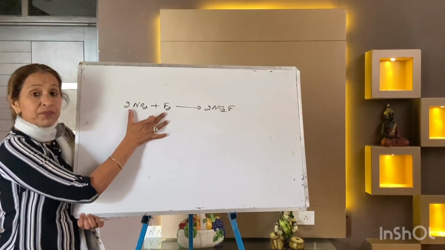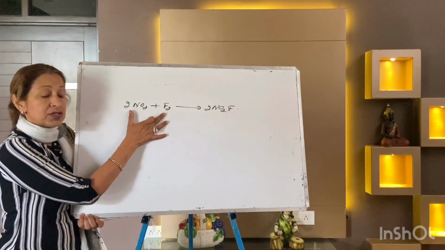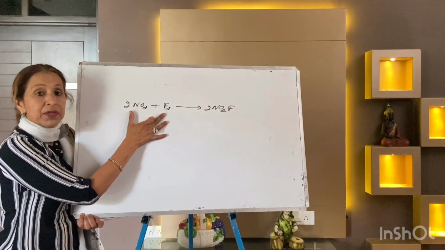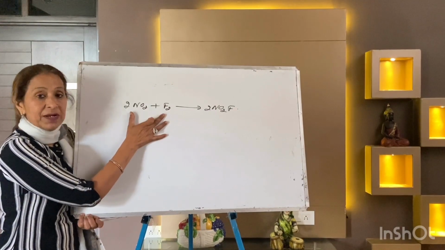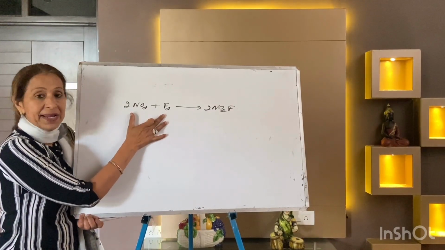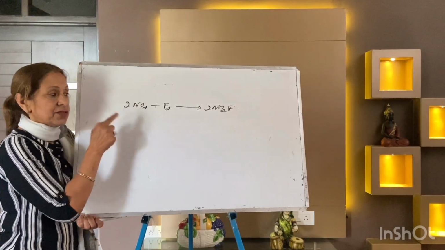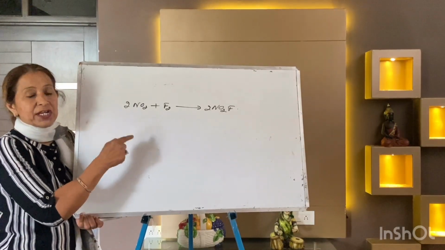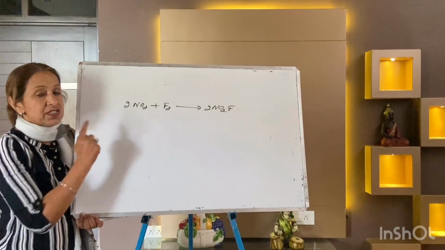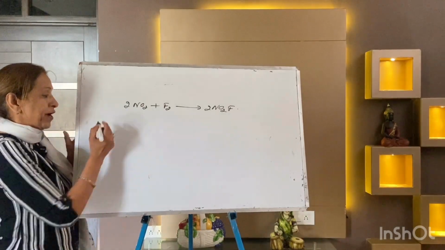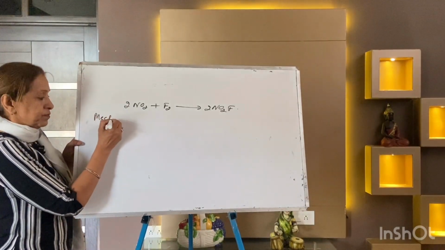When 3 moles, 3 reactants collide at one time, the area of contact will be less, collisions will be less, and the rate of reaction will be slow. That's the reason you can call this reaction a complex reaction. This is a complex reaction. Now I am going to write the mechanism.